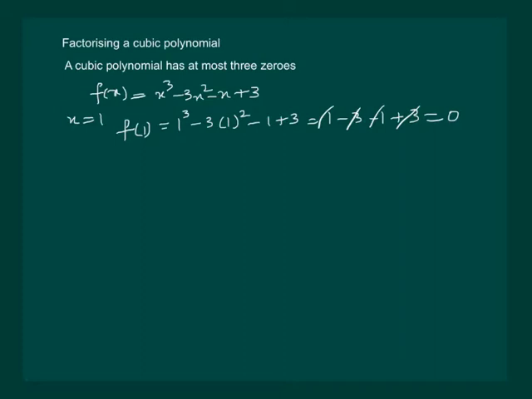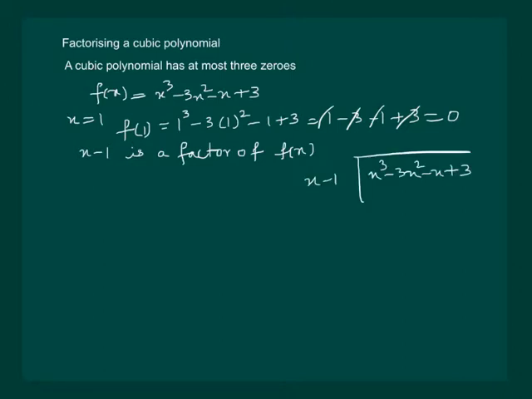So we have that x minus 1 is a factor of f of x. Now to find the other factors, we divide x cube minus 3x square minus x plus 3